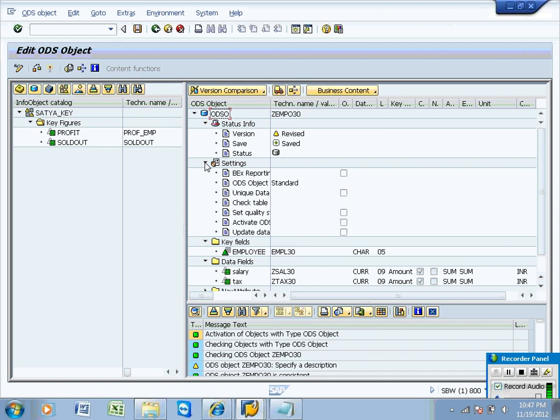If you are uploading employees 1 to 10 in one day, 1 to 20 in another day, and 1 to 30 in another day, then don't check. The reason is you have 1 to 10 already. In the second load, you are again loading 1 to 10 and 11 to 20. That's the reason the uniqueness of data is not maintained, so you need to uncheck this. Every time we don't know whether we are going to make unique data or not, so don't check this.